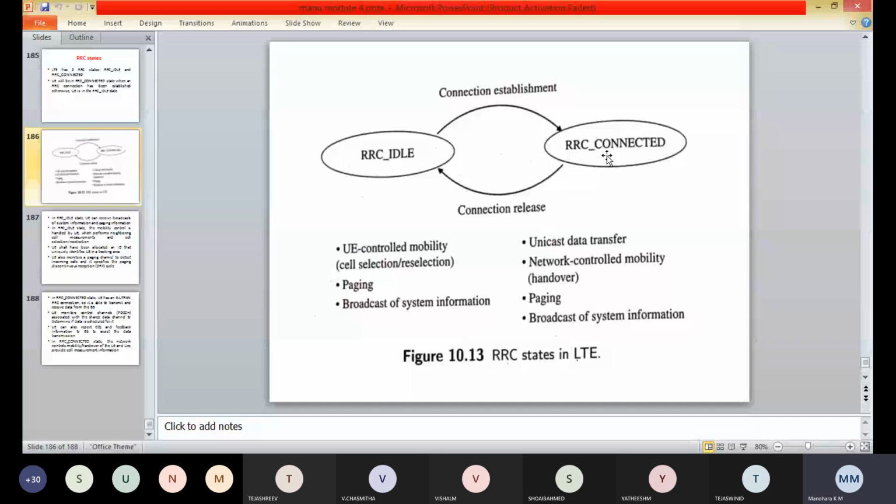The user equipment can also report the channel quality information and the feedback information to the eNode B to assist the data transmission. In the RRC connected state, the network controls the mobility or handover of the user equipment, which uses the user measurement information.